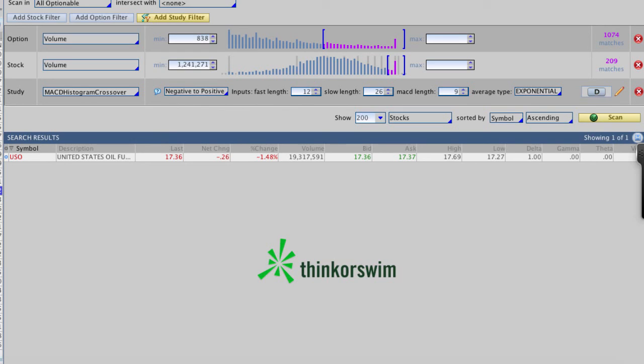The key here with scanning for trades is that you don't go through analysis paralysis. Have some set of defined filters or studies that you want to look for, or types of trading setups that you're looking for, and look for those quickly in the morning through your short liquid watch list anyway. If there's something to trade, make a trade on it. If there's not, then don't force it. Don't force a trade into the market just for the sake of trading. We want to make sure that we're making smart, good trades, and that's really the key here at Option Alpha, is teaching you how to make smart